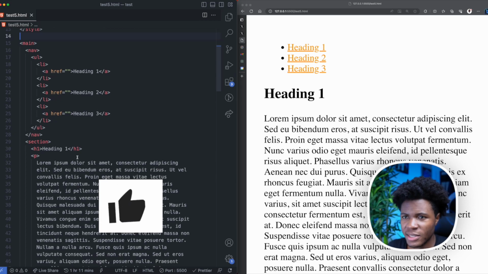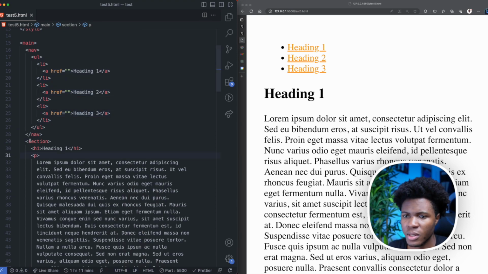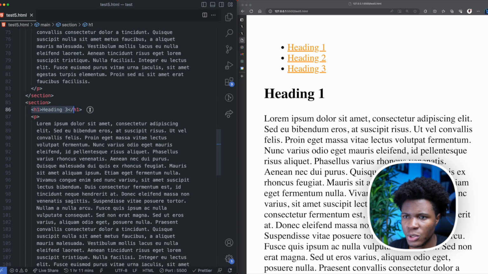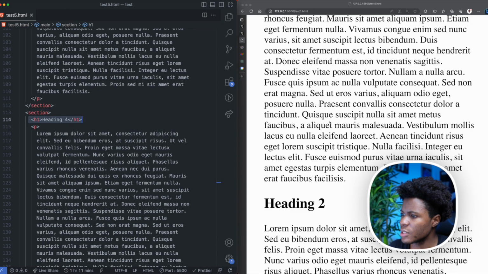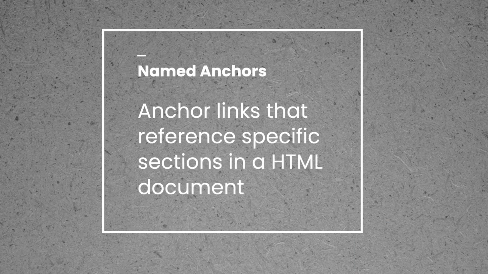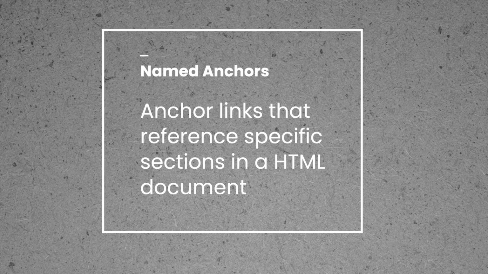So this is the code base that we have here. We have the 3 links here. This one says heading 1, this one says heading 2, this one says heading 3, as you can see here. Then we have the first section. This one has an H1 of heading 1, then a second section with a heading 2, a third section with an H1 of heading 3, and we have a fourth section with the heading of heading 4. Now in HTML you have something called named anchors, which allows you to reference specific parts